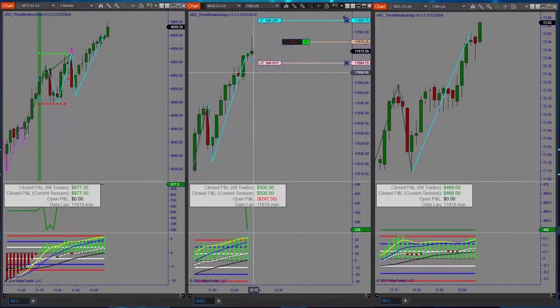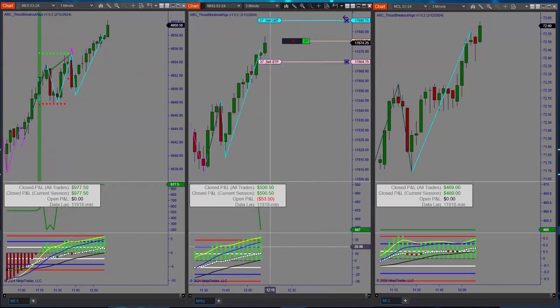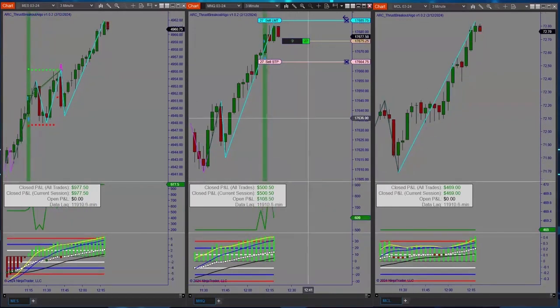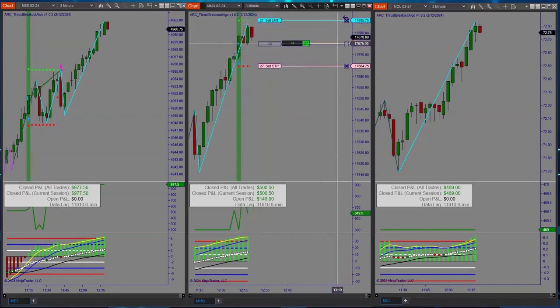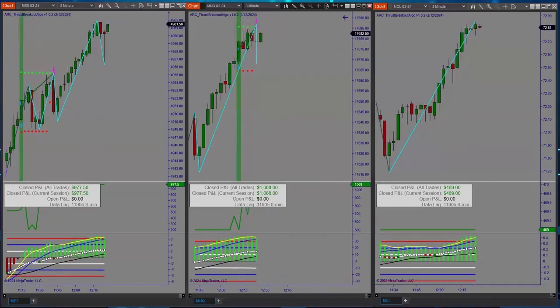Okay, we've gotten long here on NQ. There's our rally base. Let's see how this one works out. Now again, looking at this, you may choose to move to break even on something like that. Got pretty close to the target, we can see there. Now in this case, rather than modify things on this order, I'm just going to let the algo do its thing. I'm just going to let it run. And win or lose, we'll accept it as it is. Okay, that one worked out fine. Let's see if we've got anything else.